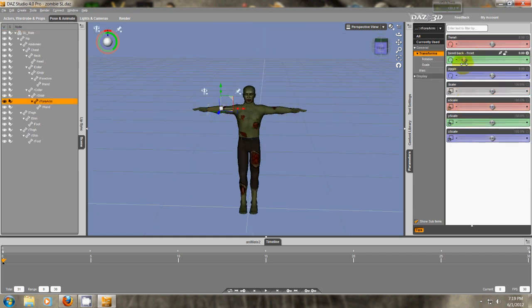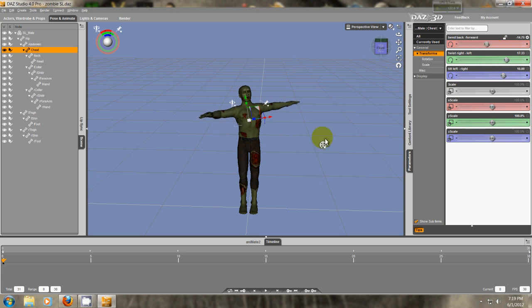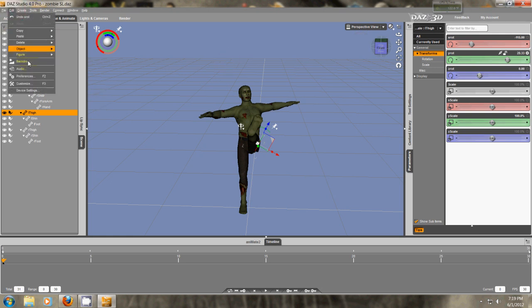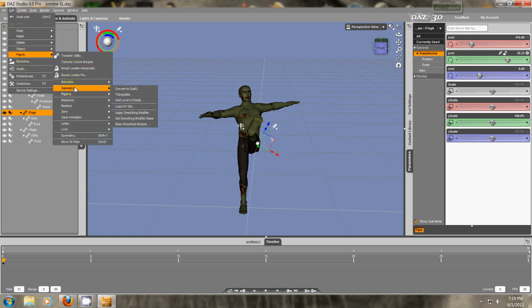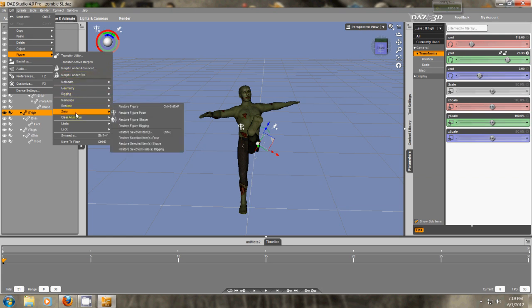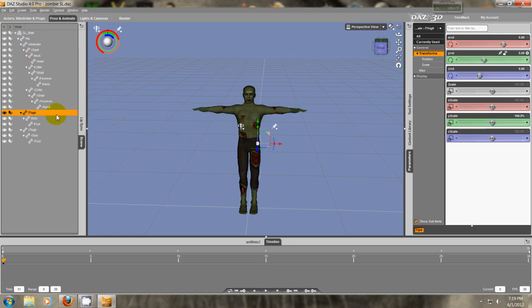Or you can animate them like you normally would in most programs. You would just go to the parameters tab and move these sliders around. So let's try and make something here real quick, and I can show you the basics. So let's zero them, and